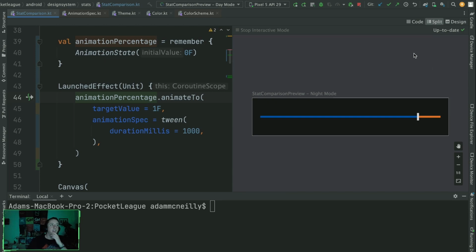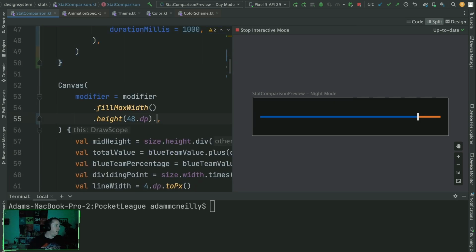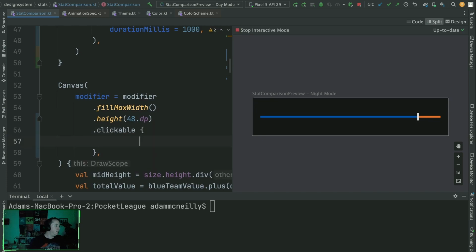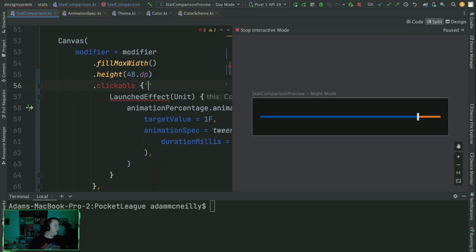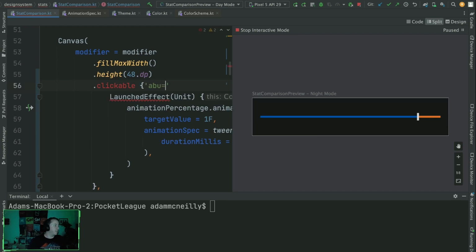I'd have to change the key or copy this and animate again, if I really wanted it to be. Oh, and maybe not because launched effect has to be run inside a composable, doesn't it? Yeah, so I'm not even gonna worry about that. It could be done, but